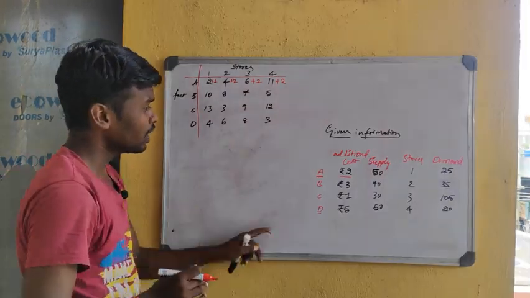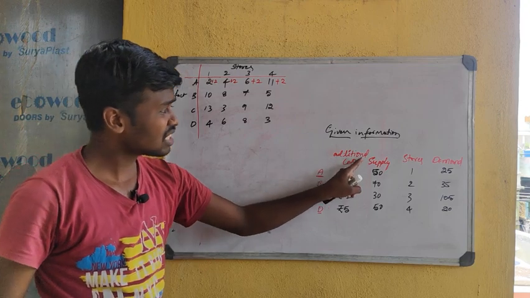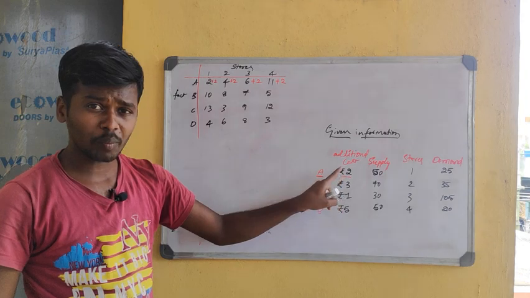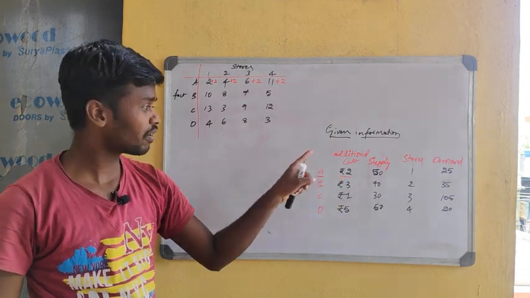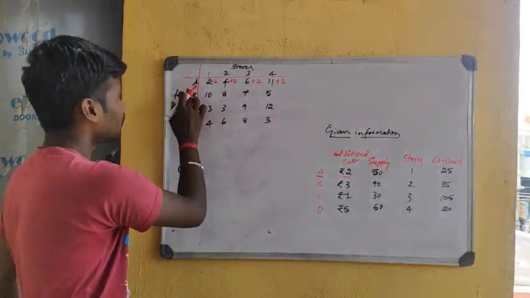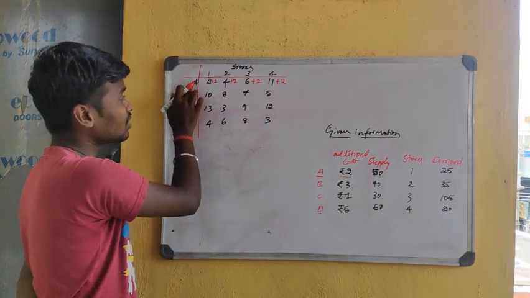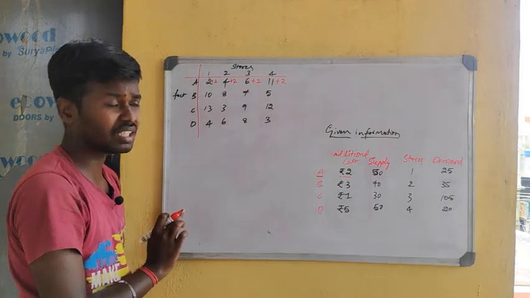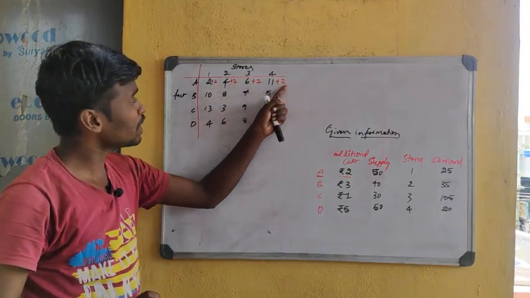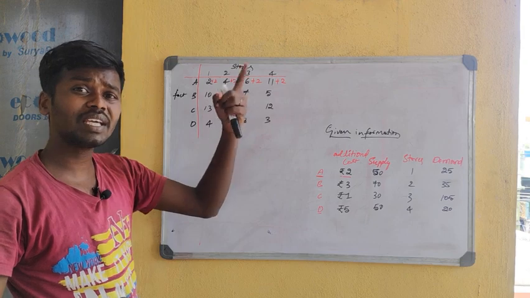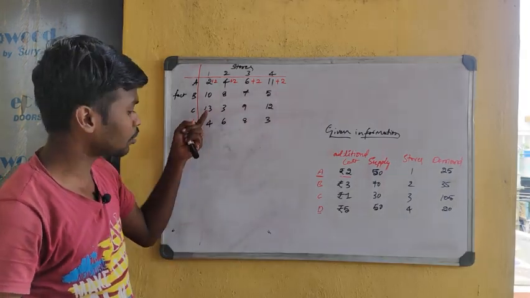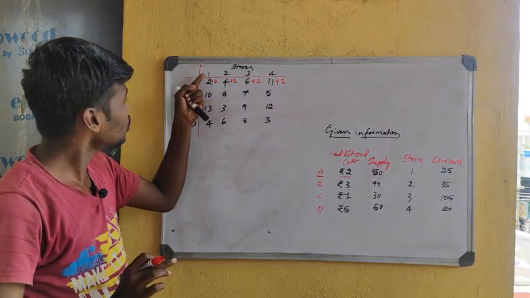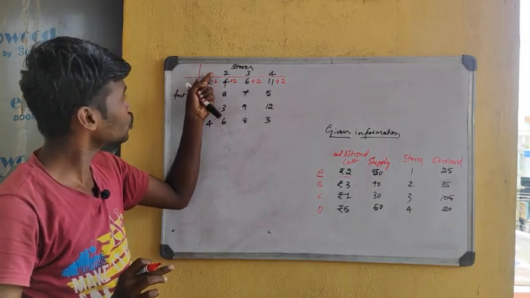Okay, so here what they told is, the additional cost of unit incurred is rupees 2 per single unit of factory A, meaning factory A is supplying. Related to factory A, there are 4 unit costs given. Then additionally 2 rupees will be incurred extra to supply the quantity or product from the factories to the stores.